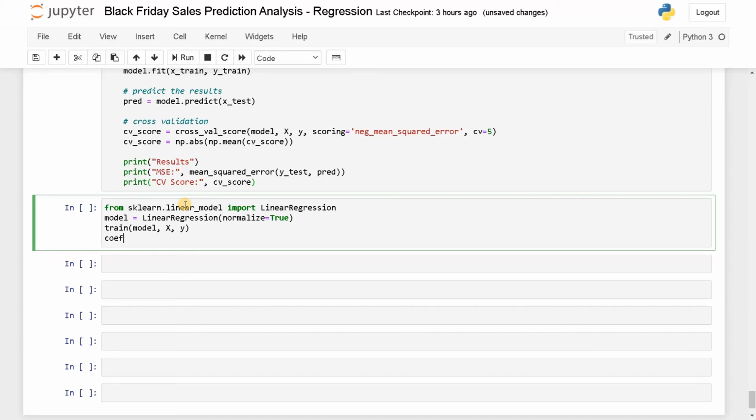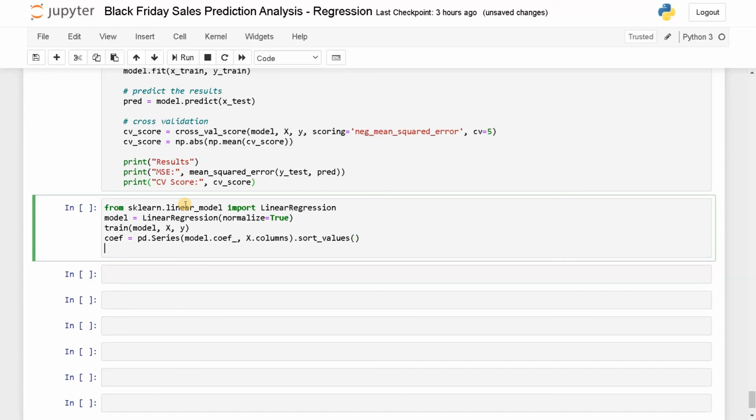So coef equals pd.Series(model.coef_, x.columns).sort_values. Now coef.plot, kind equals bar.